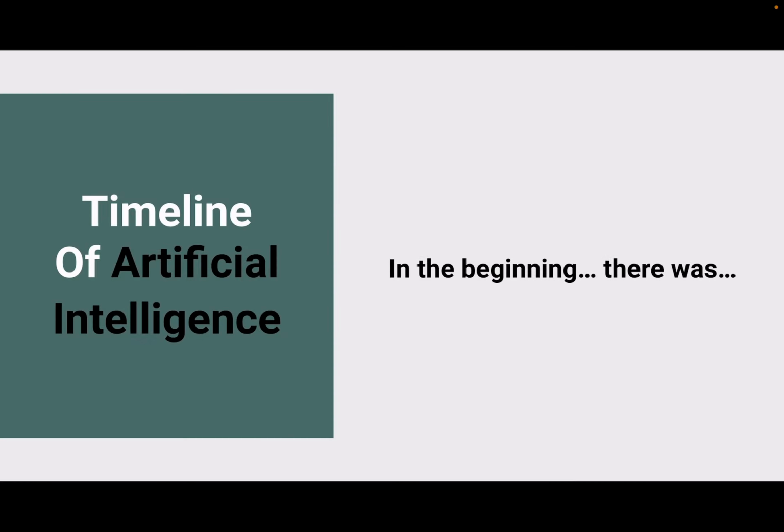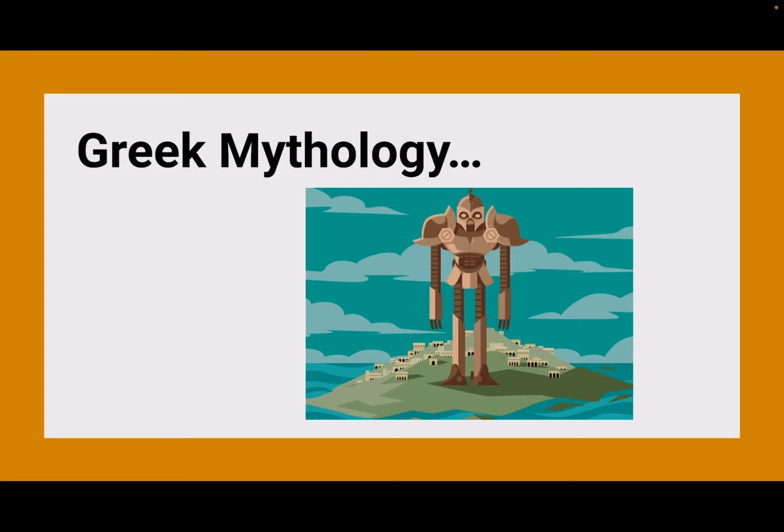So I'm going to start off with the timeline of artificial intelligence. We're going to go way back in time to start out, though. We're going to say in the beginning, there was some Greek mythology, and the concept of AI, or AI-related ideas, goes all the way back to classical ages. Under Greek mythology, this concept of machines and mechanical men were well thought of. A good example is Talos. Talos was supposed to be this giant animated bronze warrior who was programmed to guard the island of Crete.